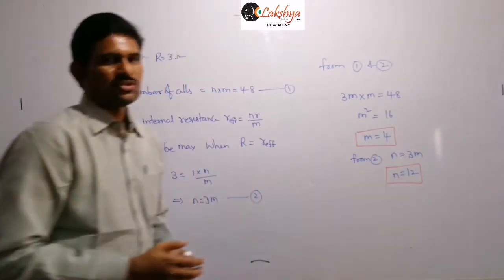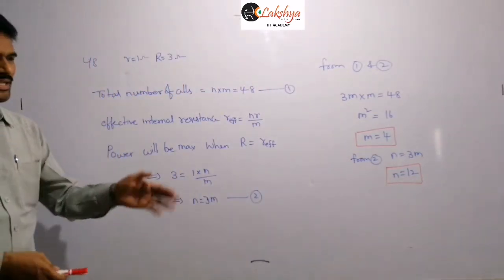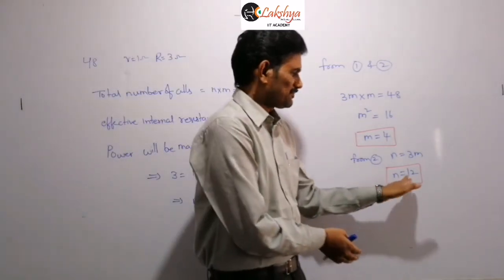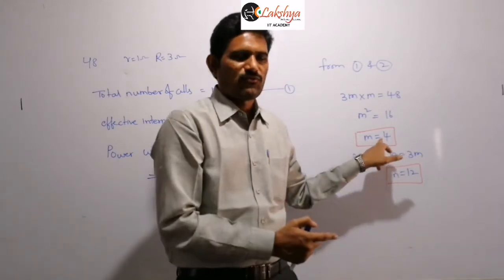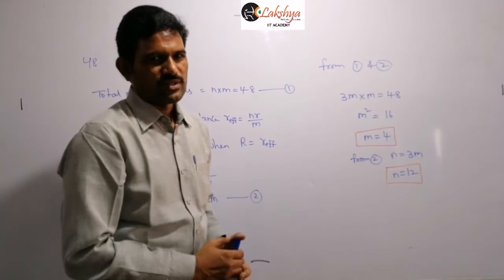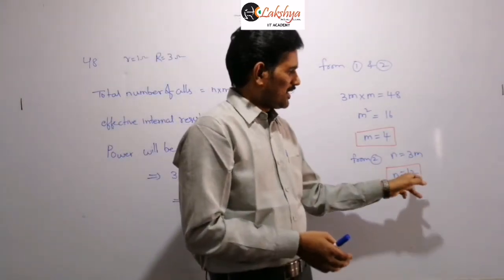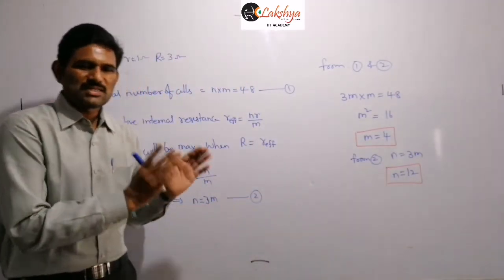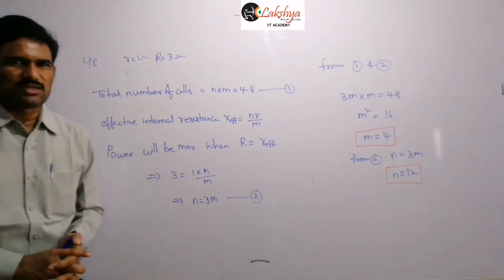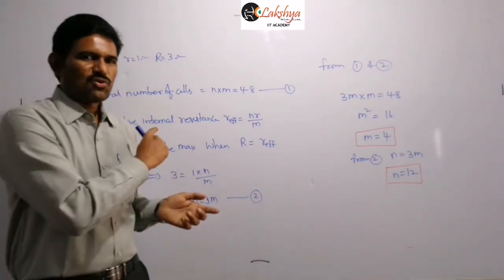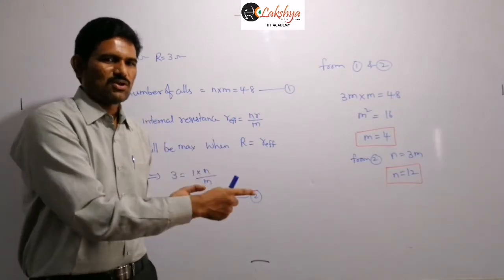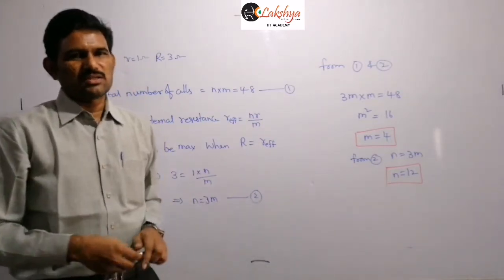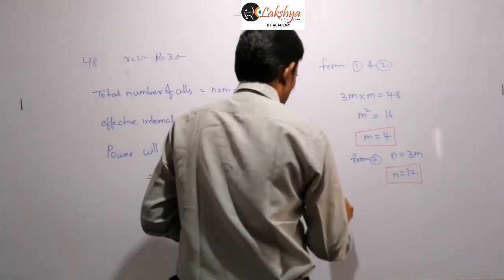Now you need to also remember what is N and what is M. Then only you can select the correct option here. As I said, options will be given like this: in each row 4 cells are there and such 12 rows are present, or another option will be like in each row 12 cells are there and such 4 rows are connected in parallel. So if you remember what N and M are, then you can answer such questions correctly. N is the number of cells in each row. So how many cells are there now? 12 cells. So in each row 12 cells must be there and such 4 rows must be connected in series here. So our final conclusion is